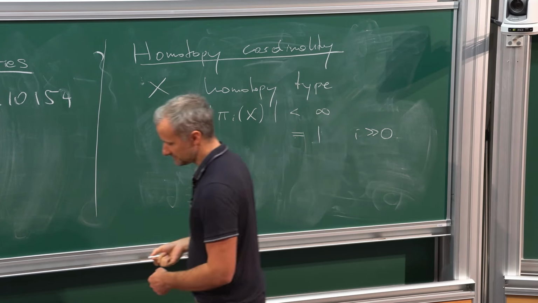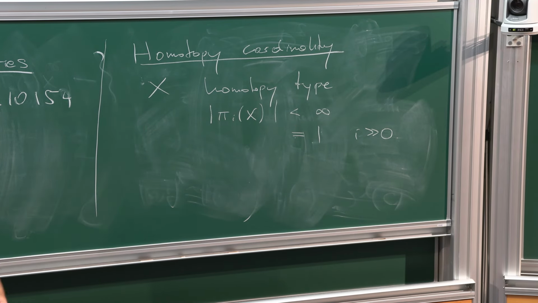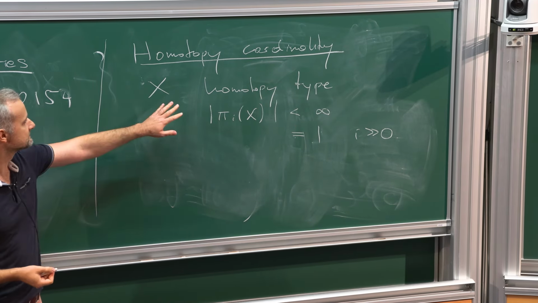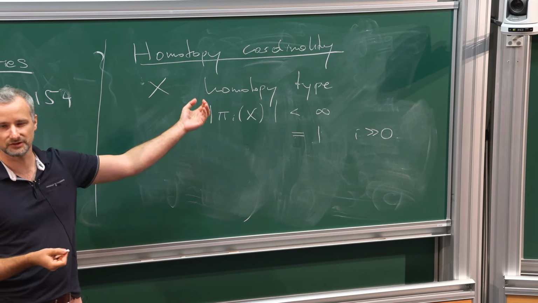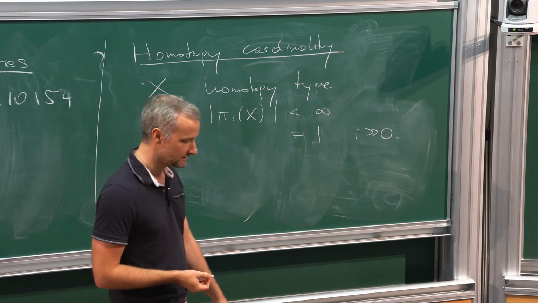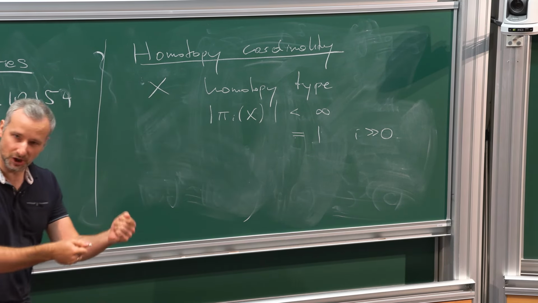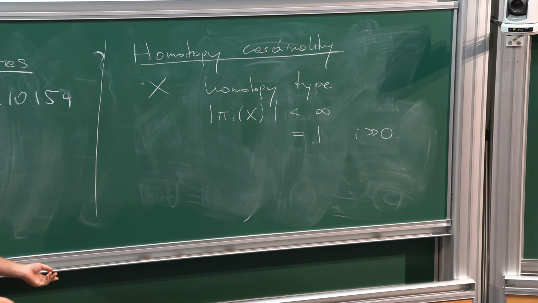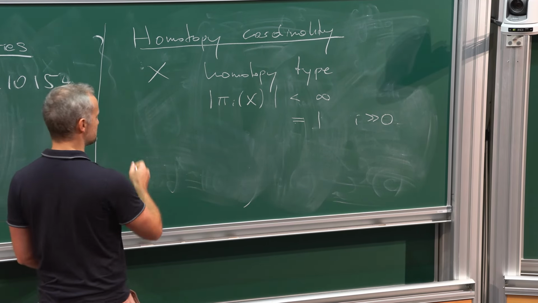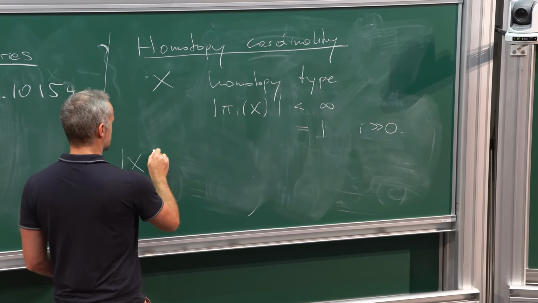Then there's a natural way in which you count. Of course you could take the number of components of the homotopy type, the cardinality of pi 0, but there's a more complicated thing that turns out to be easier to compute, or better behaved, which is the homotopy cardinality of X,